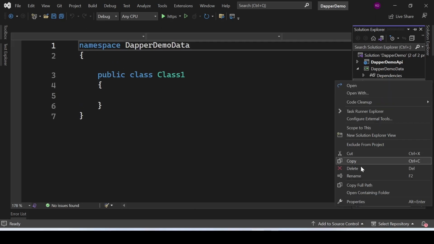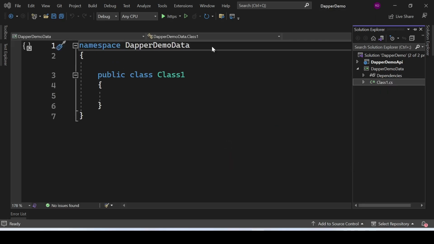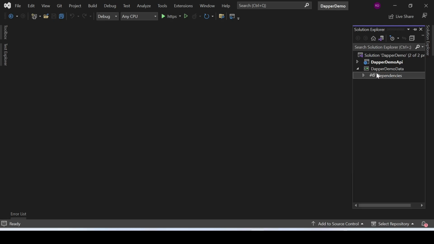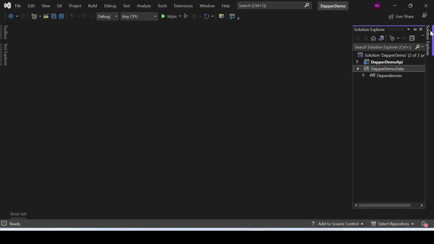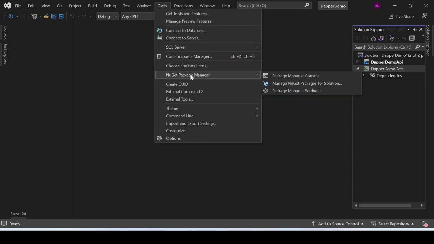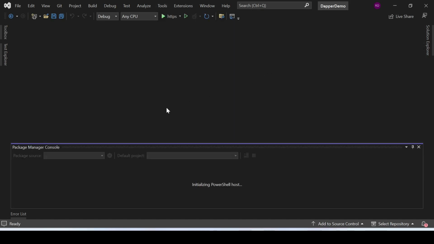So we are gonna delete this file, we do not need it. Okay, so it is deleted. Now what we are going to do, first of all we need to add some packages. So let's click here on tools, package manager console,